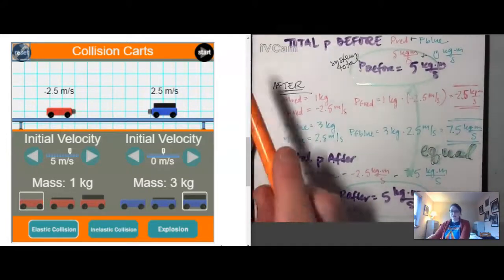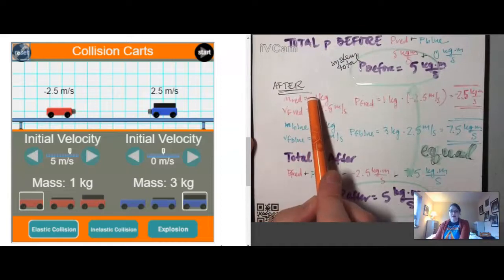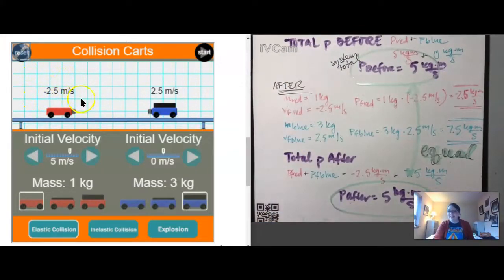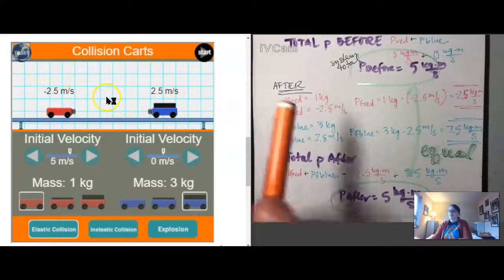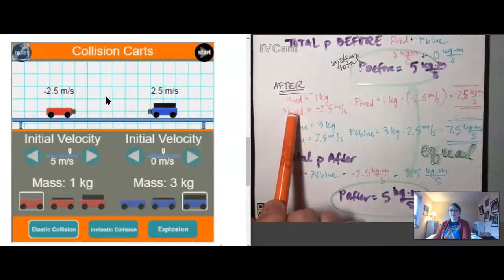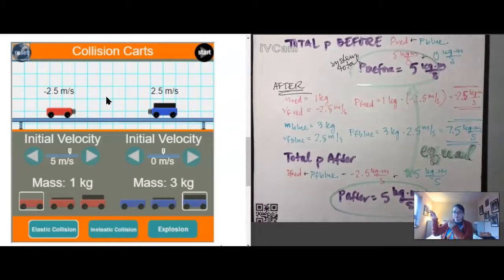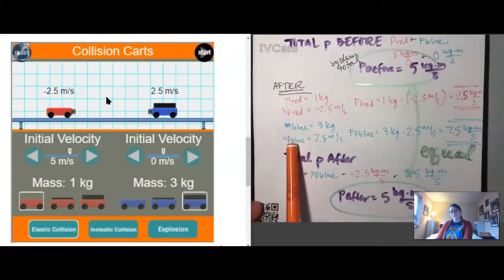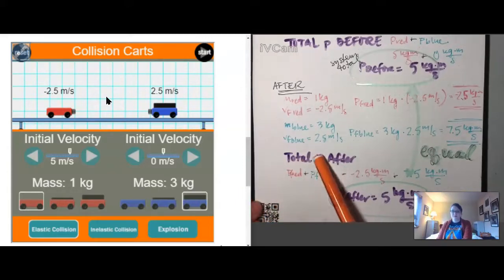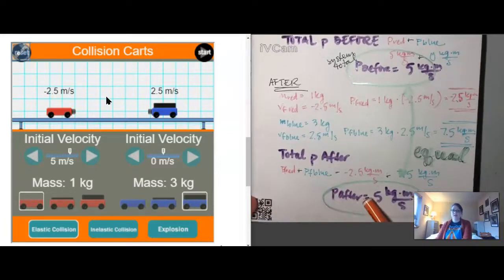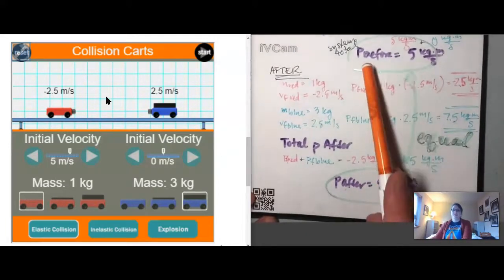I did the same exact process for after the collision. I looked at my simulation to find what the velocity after the collision would be. I did mass times final velocity for the red car, and I kept my negative sign in there to determine the momentum for the red car after the collision, and it was a negative number because it was going that way. The same thing for the blue car: the mass of the blue car times its velocity after the collision, multiplied to find its momentum. To find the system total, I added together the red car and the blue car's momentum after the collision, and I got 5 kilogram meters per second, the same as